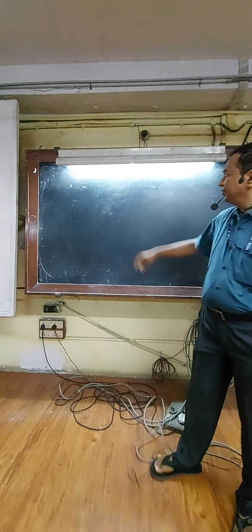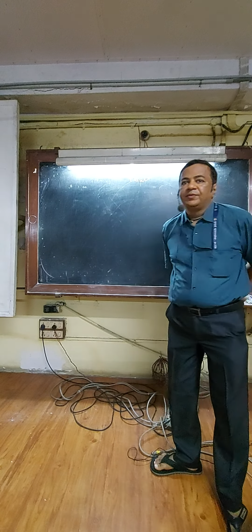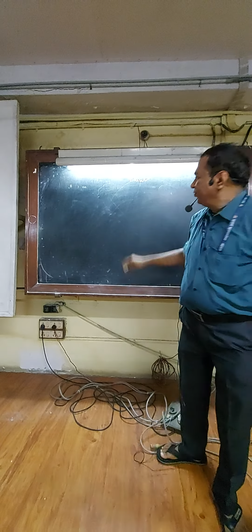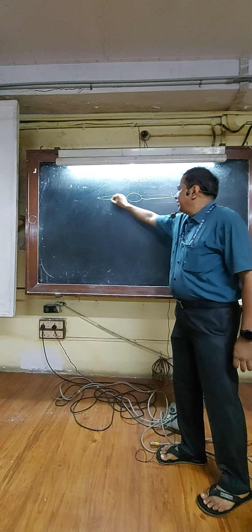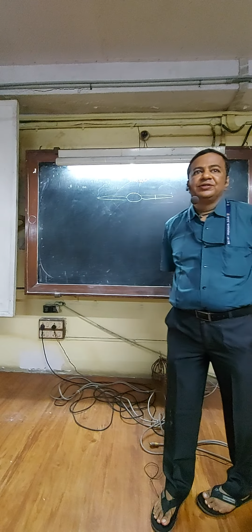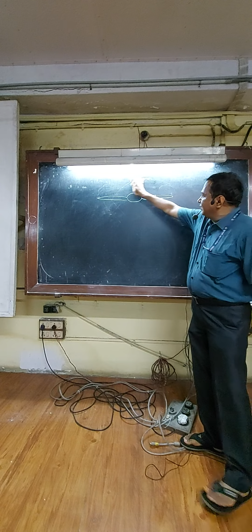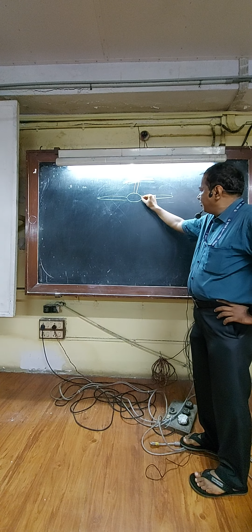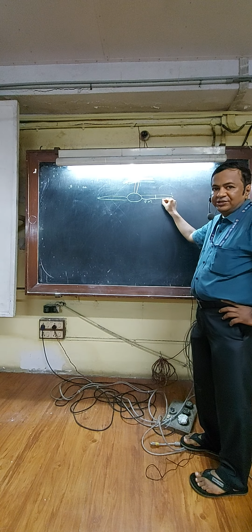The muscles of the posterior abdominal wall. What are the muscles? One is psoas major. You remember the vertebrae, the transverse processes, and the transverse process has a vertical ridge. And then this is the spinous process. So from the body to the ridge is the origin of psoas major.